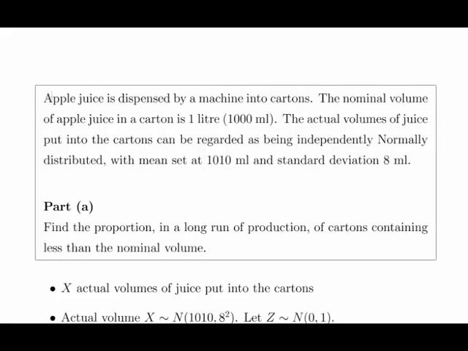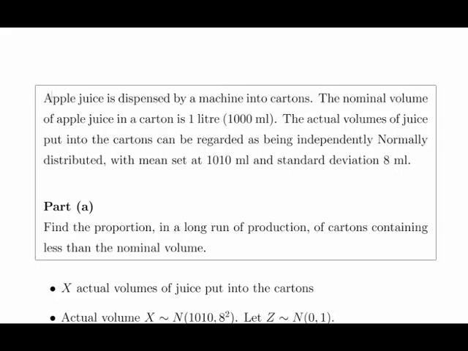Okay, in this presentation we're going to look at the normal distribution and some questions relating to the normal distribution. So it starts off with the first question here, the first part of it. Apple juice is dispensed by a machine into cartons. The nominal volume of apple juice in a carton is 1 litre, which is